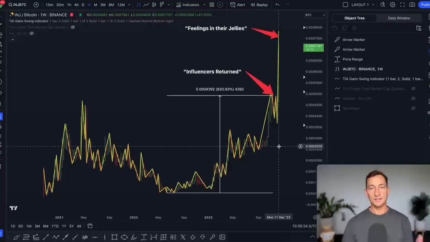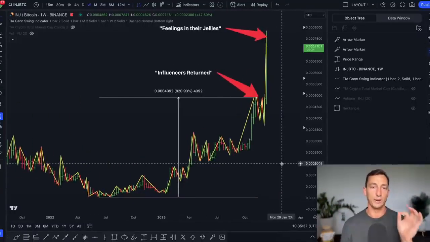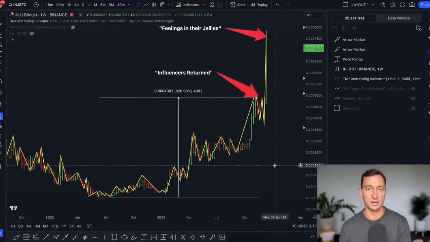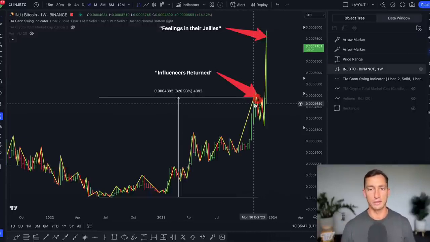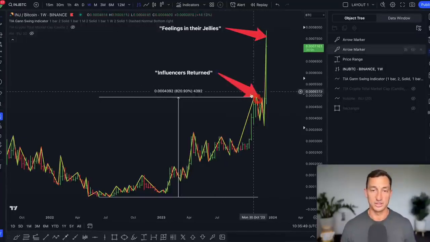So this is the market sentiment reading. It can trigger some people, because maybe they like their coins or they're married to them, and it's 'I'm wrong, you're right,' whatever. I don't really care about that. What I want to share with you is the market sentiment reading of when influencers return to the market to post on YouTube or Twitter, or just get a little bit louder in the market. And we looked at this back in November. So basically a month and a week ago to the day, we saw influencers come back. It was around the 10th or 11th of the month.